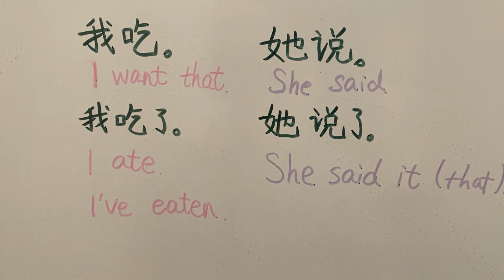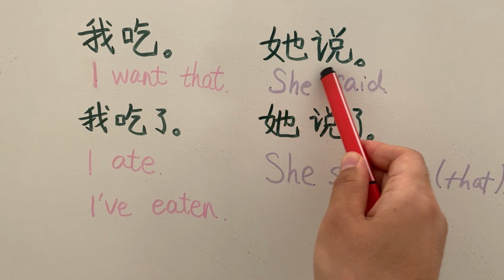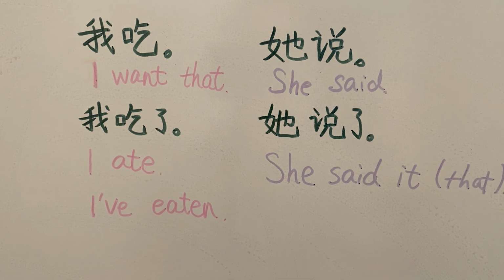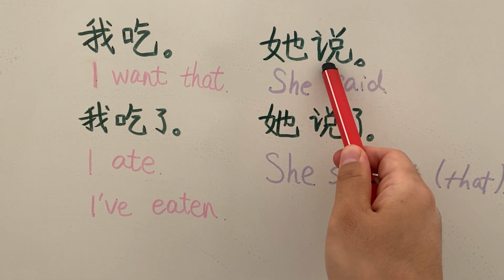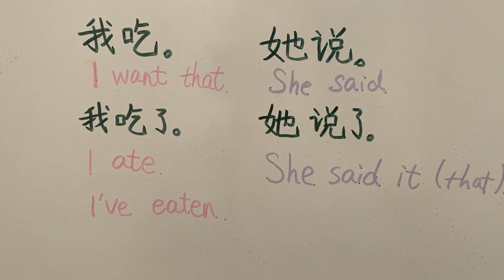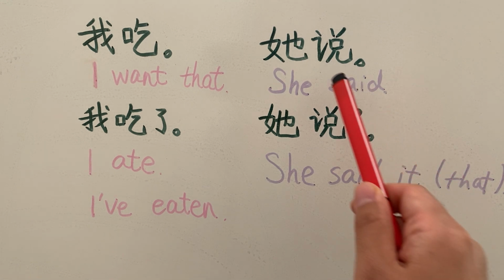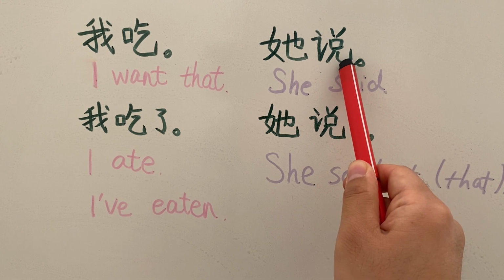This verb can be used alone, sometimes to indicate an action that will happen in the near future or future. Sometimes, this verb alone also can indicate that this action happened in the past. So that's to say, in this sentence,